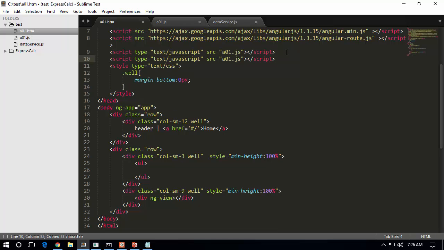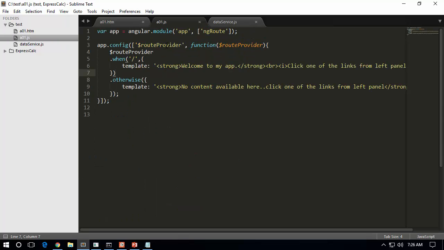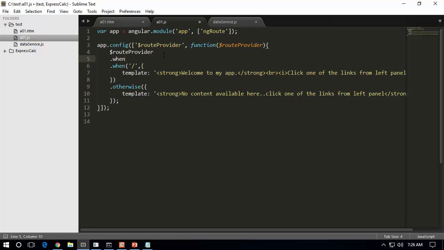So I just copy and paste here and get the data service out. So that's the next thing. And now I need to create a new route and even the link here. So there is no route which actually does the calculation in my case. So I go to dot when calculate, and at the same time I provide all the options for my route